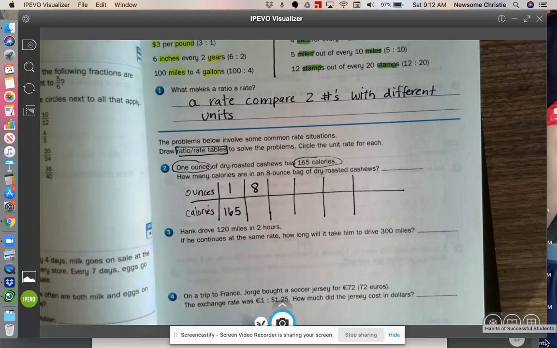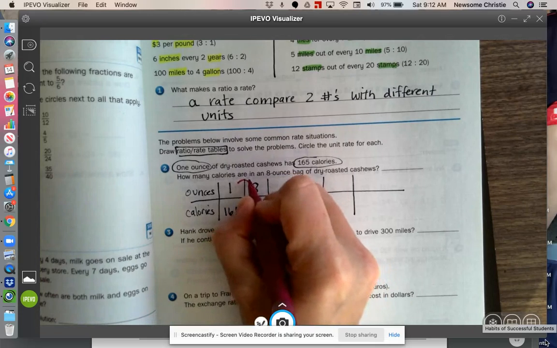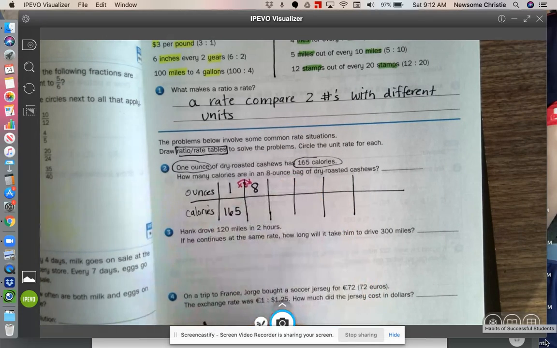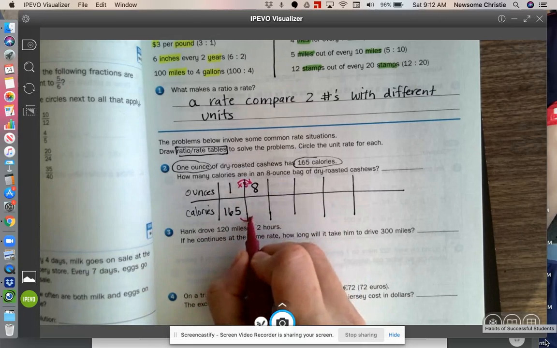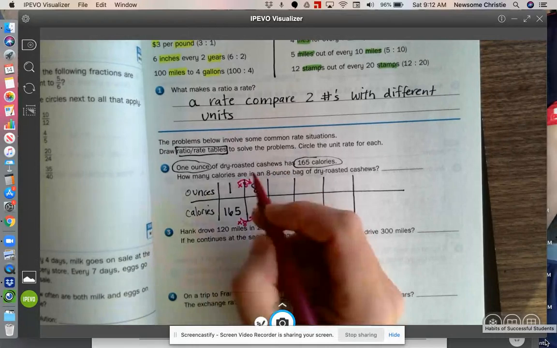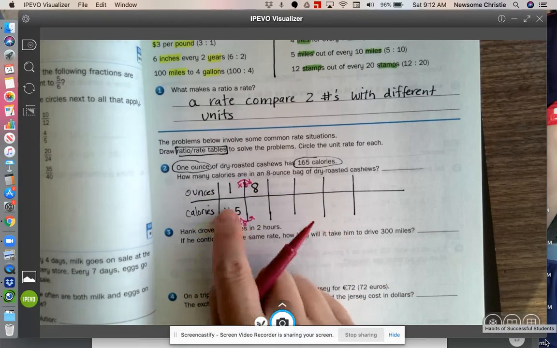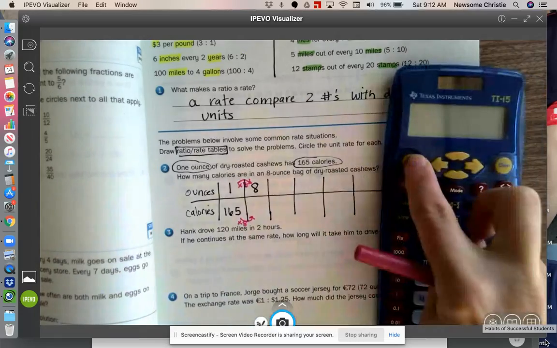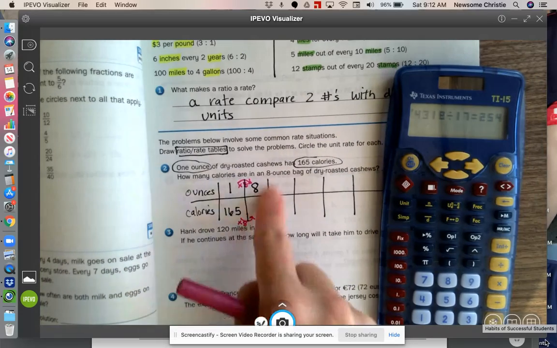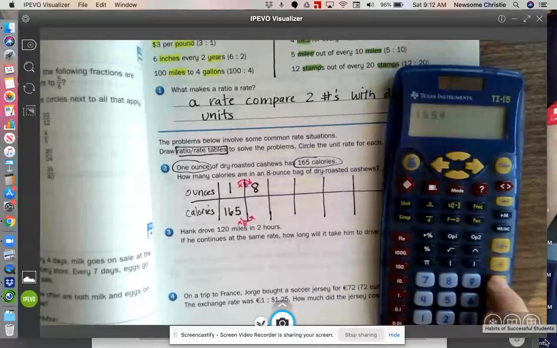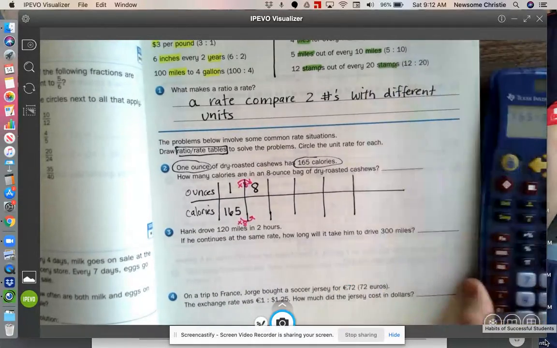So if I'm going to go from 1 ounce to 8 ounces, that is a times 8, right? So if I want to do that at the top, I can do that at the bottom too. And so if I'm going to multiply the top by 8, I also have to multiply the bottom times 8. It's almost like we're making a little equal fraction, right? We're going to multiply 1 times 8 is 8, and 165 times 8 is